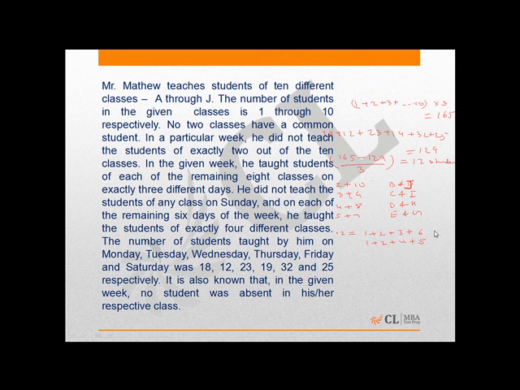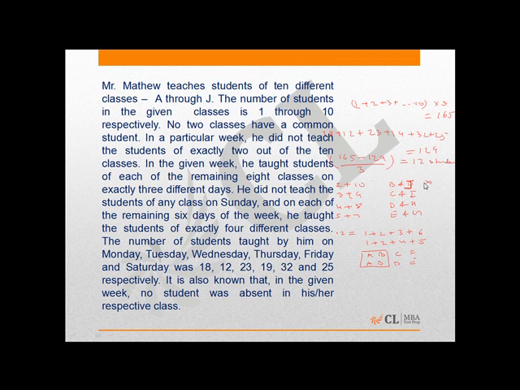That means the sets possible are A, B, C and F, or A, B, D and E. We see that in either case he taught class B and A. That means the set B and J case is not possible. He has definitely taught class B, so he must have taught J also.